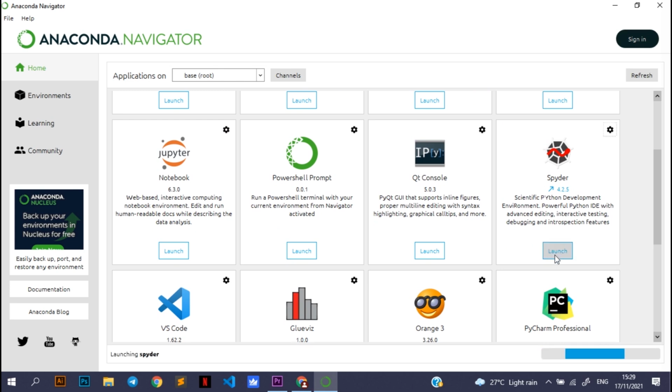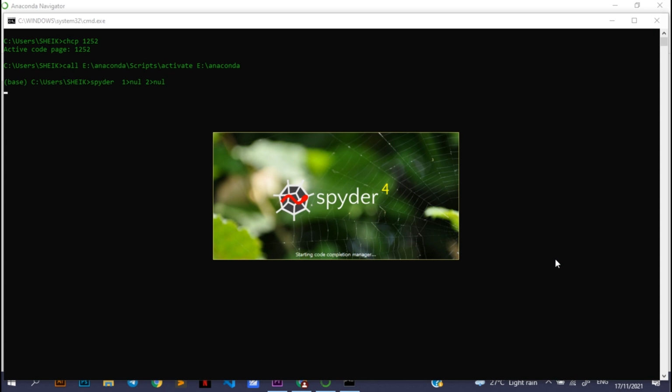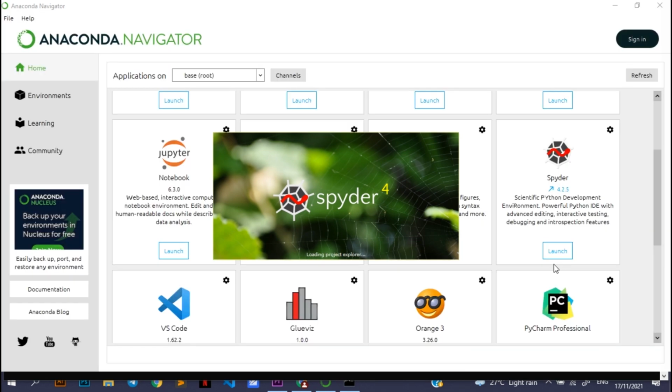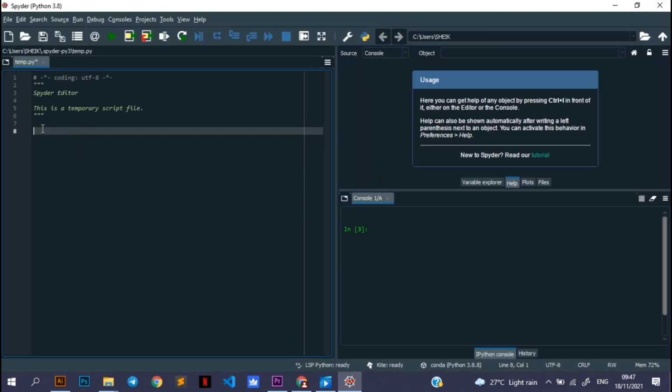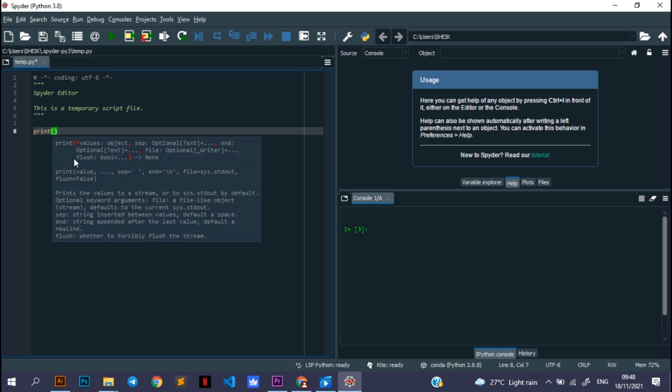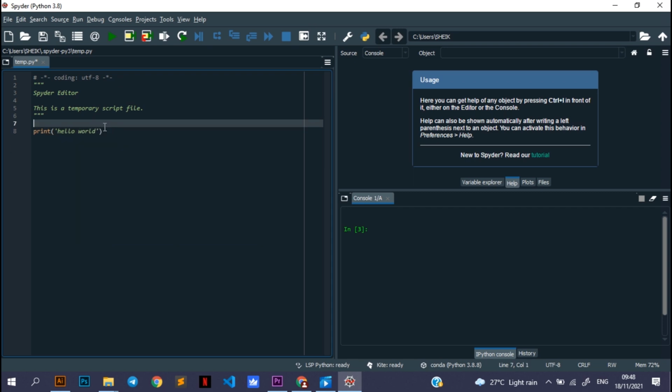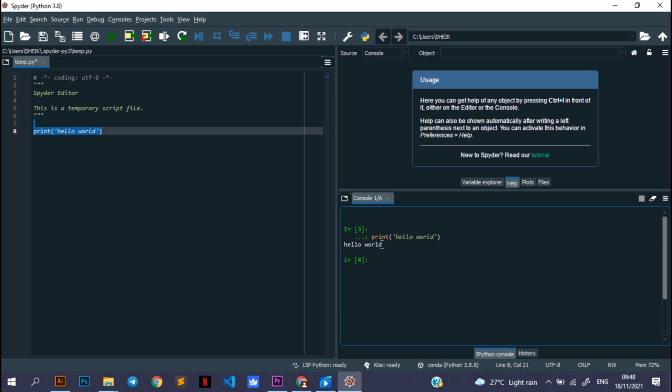Now that the Spyder application is launched, let's start our first Python code. Let's print a message on the output console. Now the function to print a message on the output console in Python is the print function. The print function should be in lowercase because Python is case sensitive, and the message should be within single or double quotes. Okay, so let's write print hello world, and let's just select this code and run it. And as you can see the output on your right hand side, hello world. Okay.